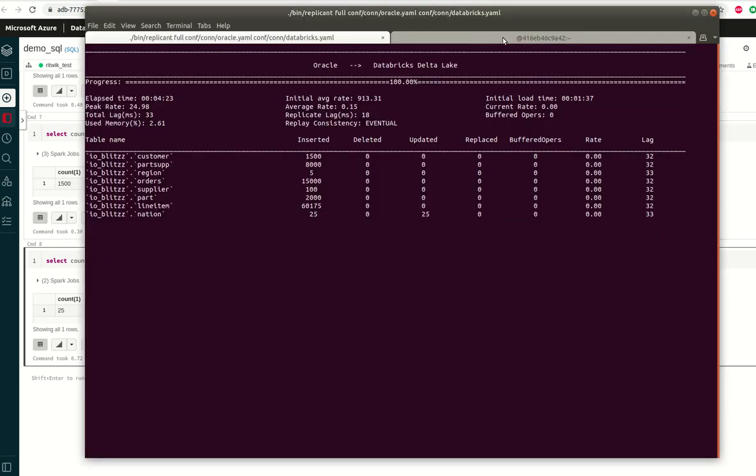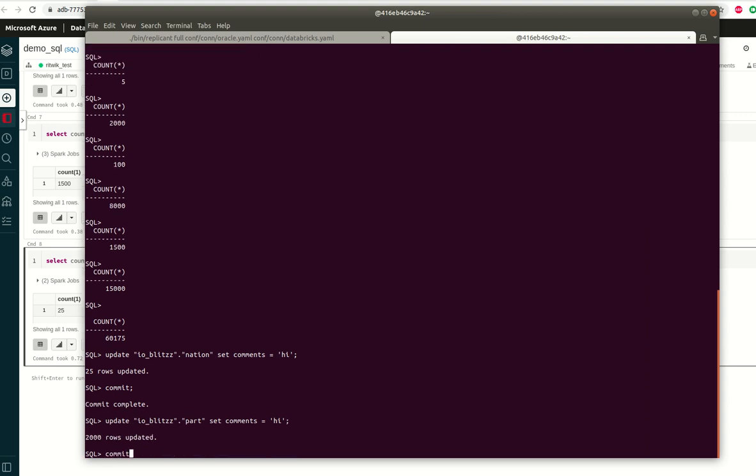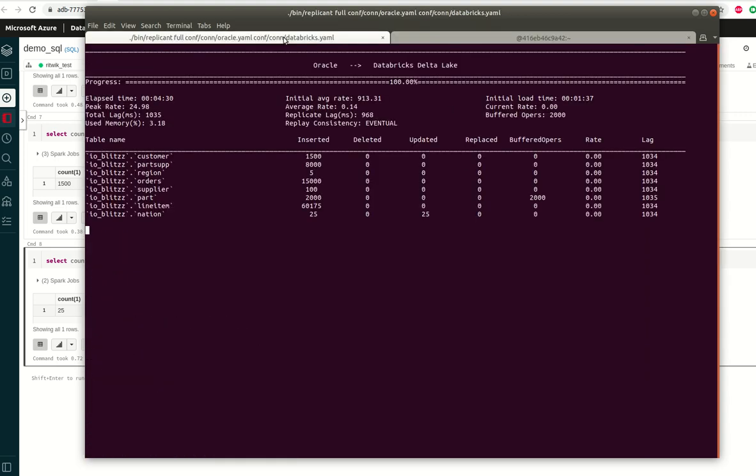Let's run the same update on the part table and see what the dashboard says. You can already see that the buffered operations are 2000, and now let's see how these rows are being replicated to target.